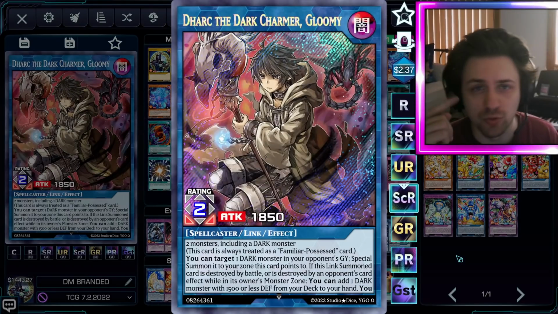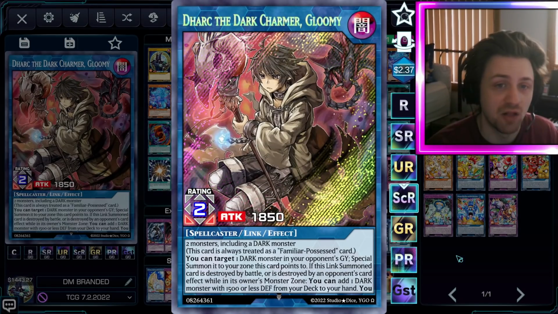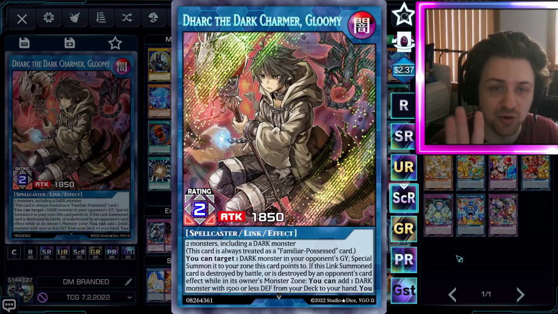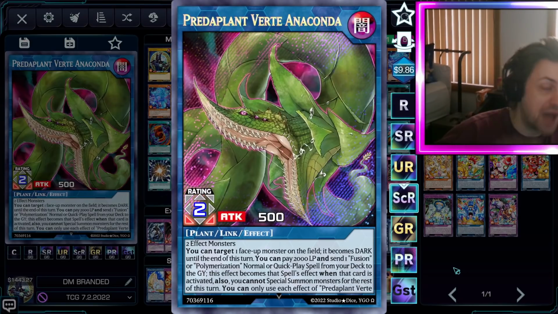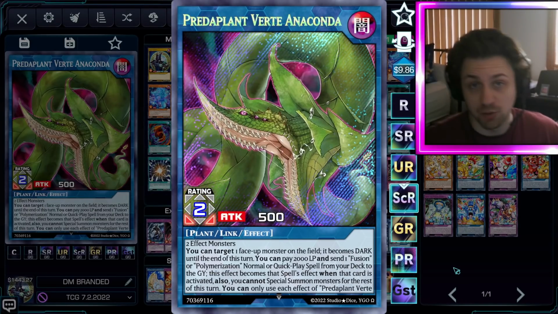Dark, the new Link 2 boy, he's absolutely cracked, and he can get you into your Access Code plays. I love this card. He's always forced something for me, like my opponents had to use a negate or something, or they've just let me get to Access Code, so I love this guy. Two Anaconda still. I love this card. Until it gets banned, you've got to play it, and I think you've got to play two as well, because